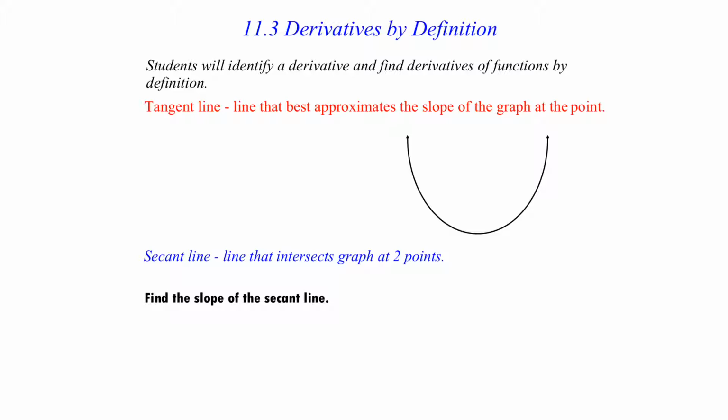point. But we know to be able to find the slope of a line we need 2 points, or at least we have in the past. So let's take a look here. Instead of starting with the tangent line, we're actually going to start with the secant line. The secant line is a line that intersects the graph at 2 points. So let's pick 2 points here, one here, and one here. And we're going to identify this secant line